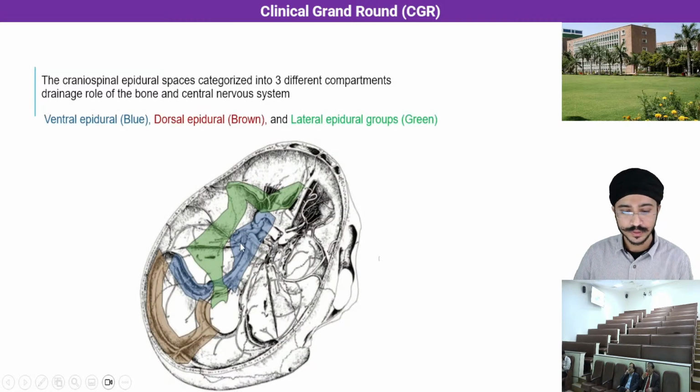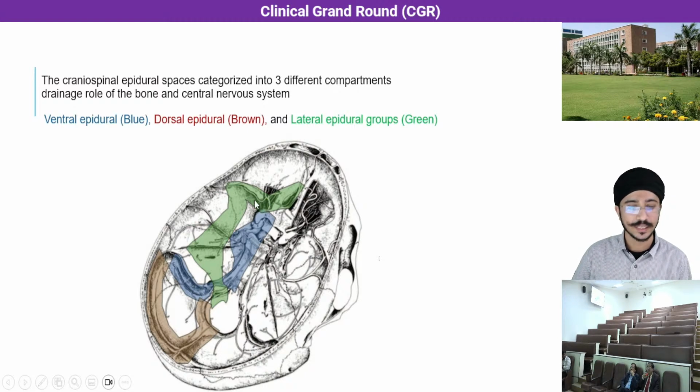The ventral one, which is marked here by the blue, the dorsal one, which is marked here by the brown, and the lateral one, which is marked here by the green. So the ventral epidural group includes the lesions in the cavernous sinus, basisphenoid, and basiocciput. The dorsal one includes the lesions in the transverse sinus, torcula, and medial occipital sinus, as well as in the superior sagittal sinus. And the lateral one includes the lesions in the anterior cranial fossa, especially the cribriform plate